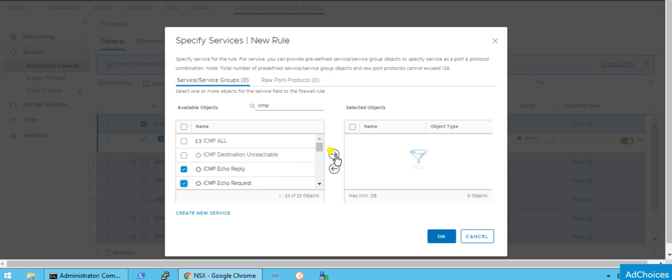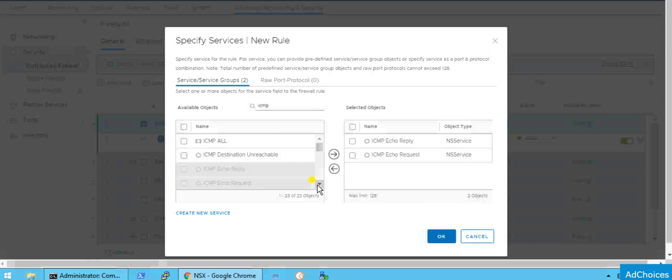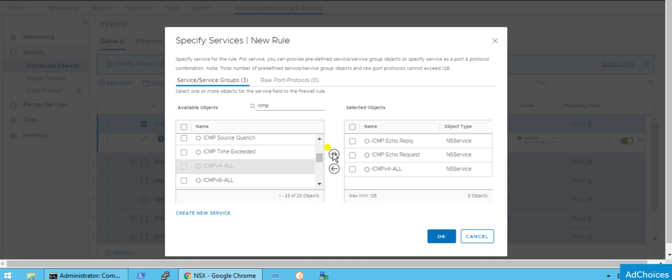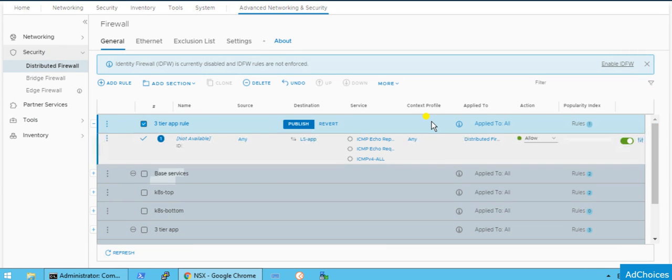I would like to add these two ICMP requests. So here you can see ICMP v for all. Okay, if you want to add this, then it would be good. Context profile, let's leave it, and apply it to my DFW, distributed firewall. Action allow, I want to allow, and the rule is enabled.